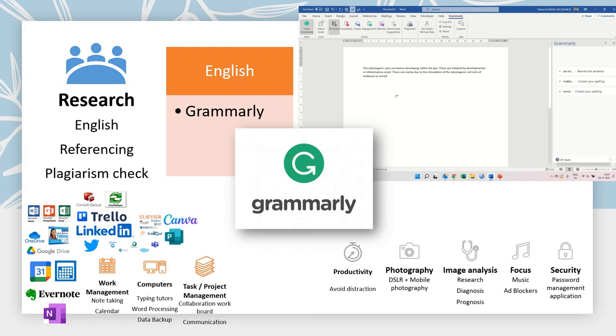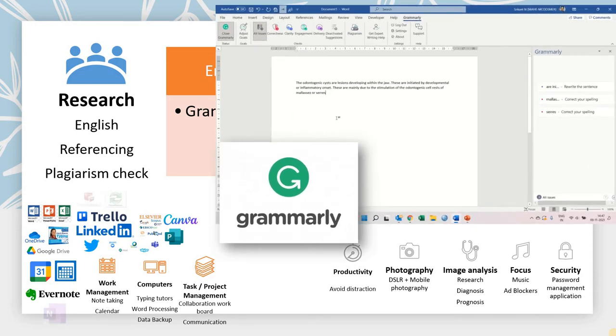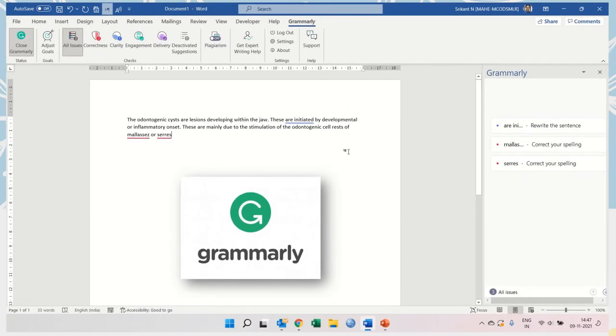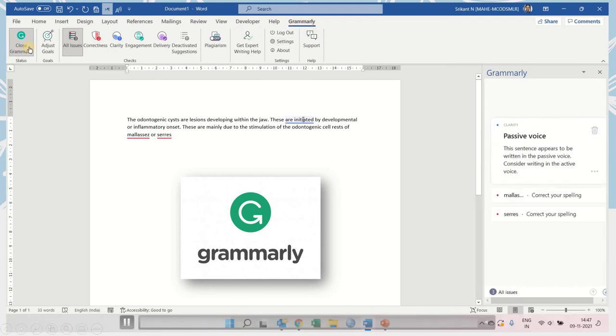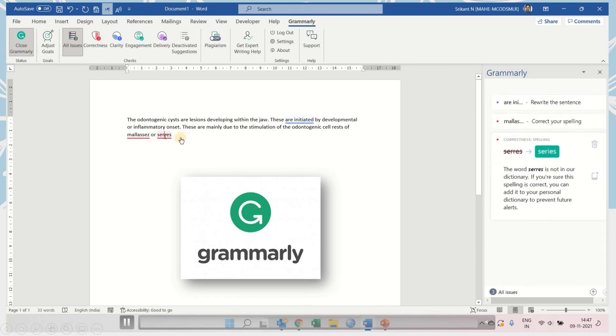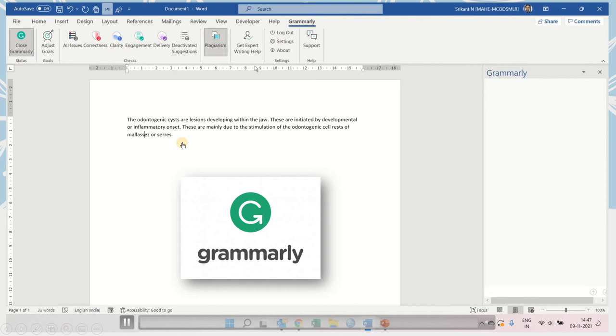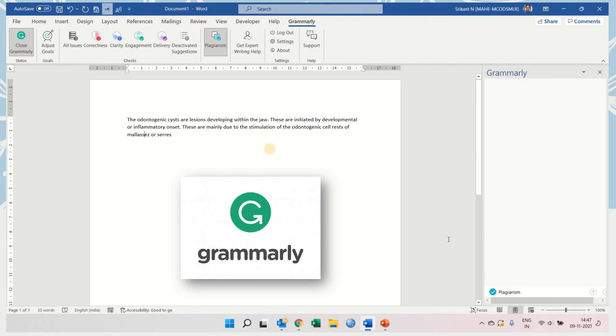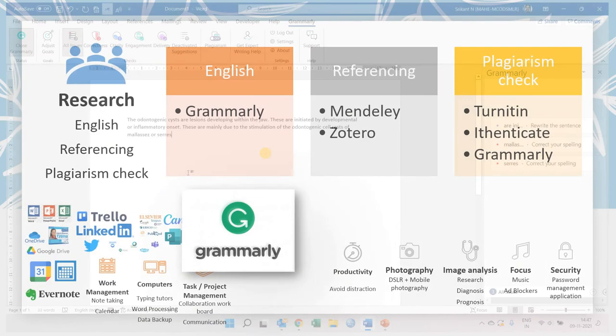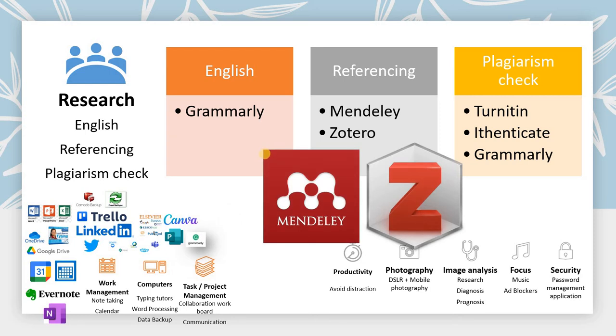When you are typing out content, you can use Grammarly to edit your data. You can subscribe to Grammarly for minimal charges, and it gets incorporated into your Word document. There is a tab called Grammarly, and when you open Grammarly, it gives you a lot of suggestions. It checks for all the issues: correctness, clarity, whether you're engaging, whether your delivery is correct, whether you're using active or passive voice, etc. It also has a certain level of plagiarism check, which is absolutely essential so that you don't copy content.